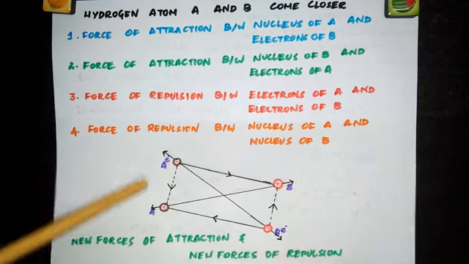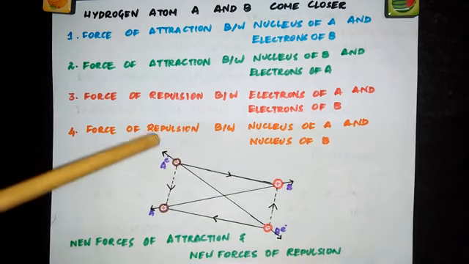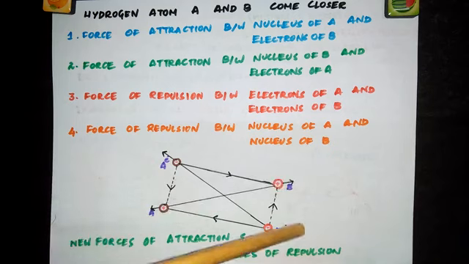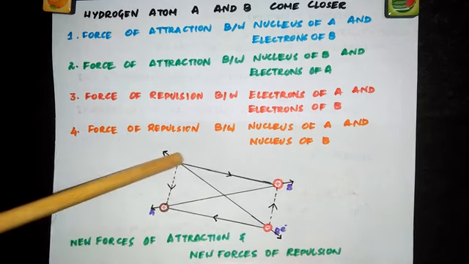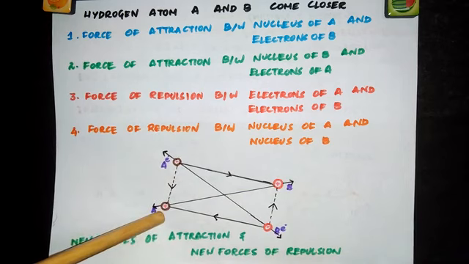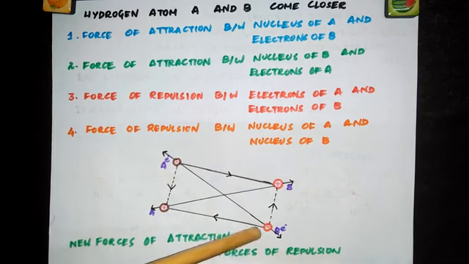So this is given in a pictorial form. See, this side it is atom A and this is atom B. So this is the electron of atom A, because this is negative, this is positive. Nucleus of atom A. This is the nucleus of atom B, electron of atom B.